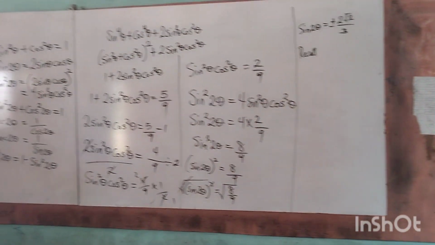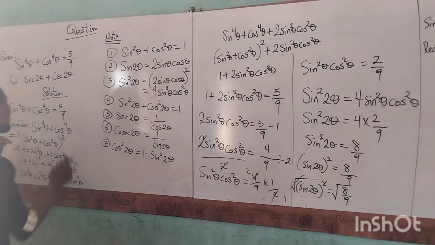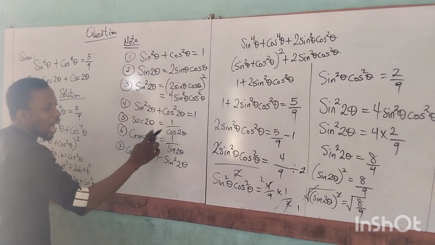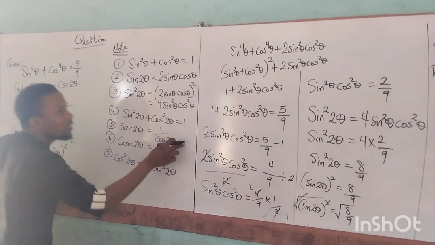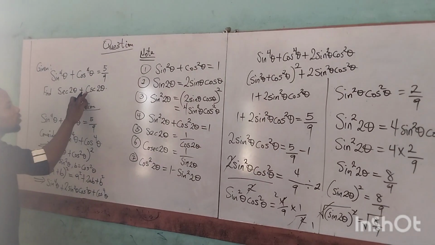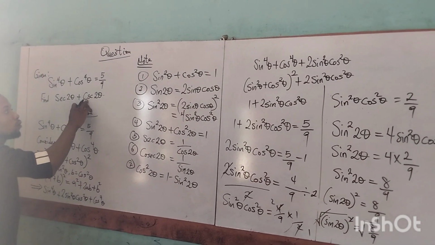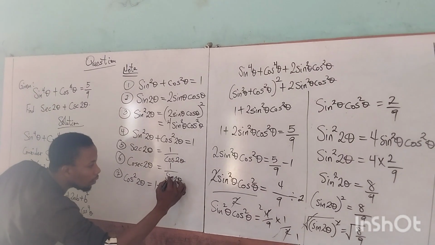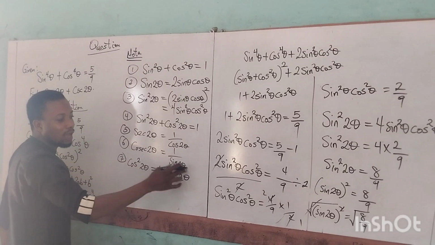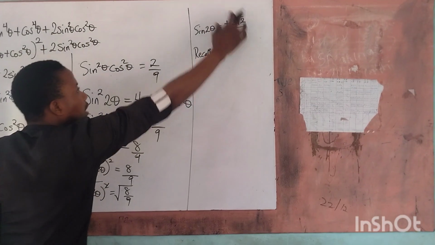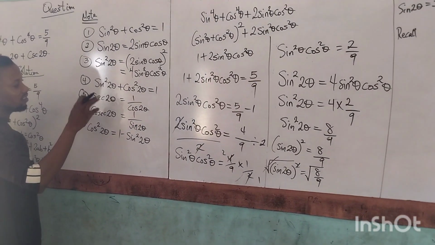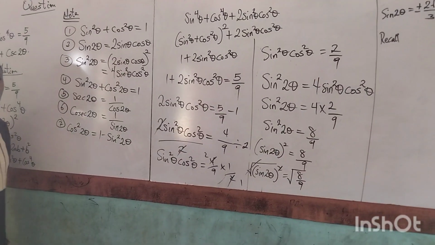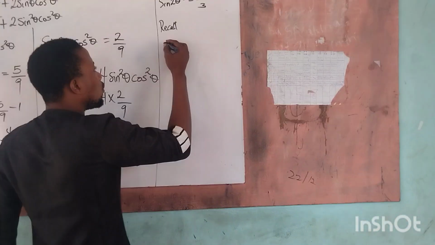But I want to get something of this nature because I know that sec 2 theta is equal to this. I will need the value of cos 2 theta because I've already gotten the value of cosec 2 theta to be 1 over sine 2 theta, and sine 2 theta is this. So I will need to get this as well. And for me to get that, I must get cos 2 theta. Okay, I will now say recall